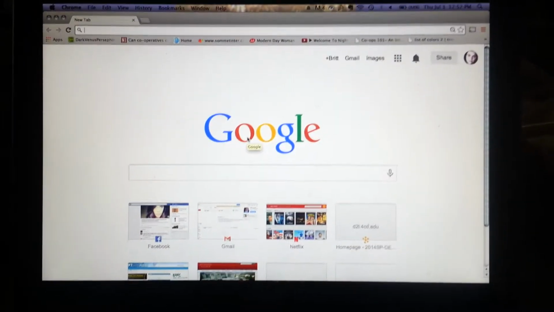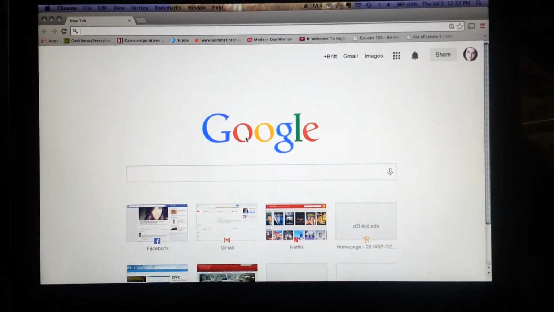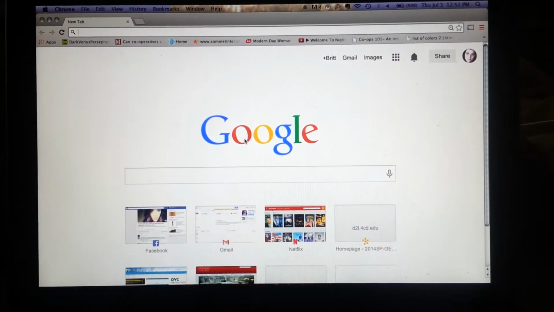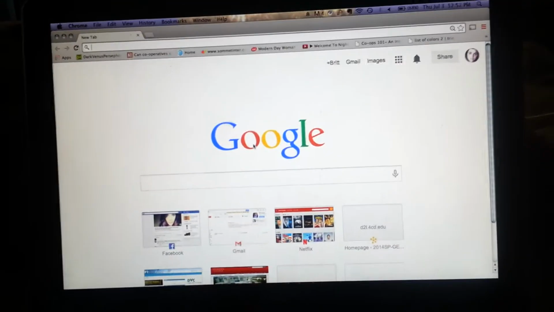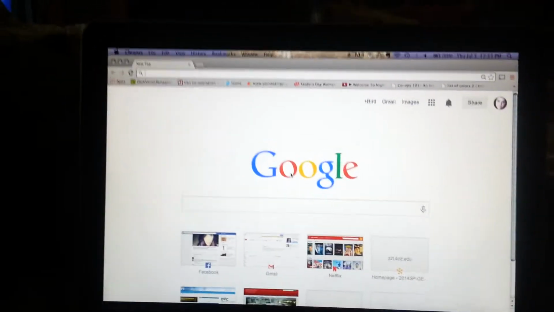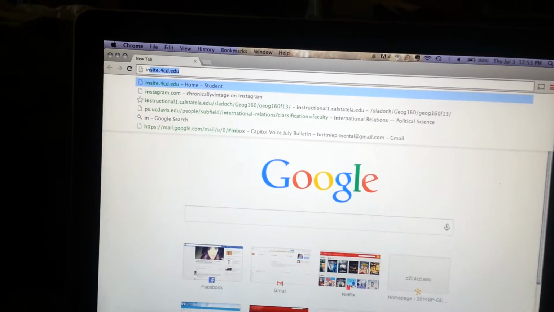This is a tutorial for LMC, DVC, and CCC students who have either never used Insite before or need some help registering for classes and the like. So first of all, you're going to bring up your browser of choice. I'm using Google Chrome, and you're going to type in